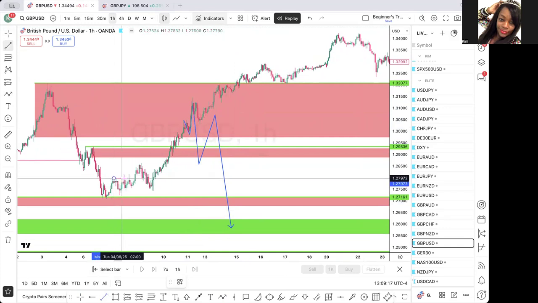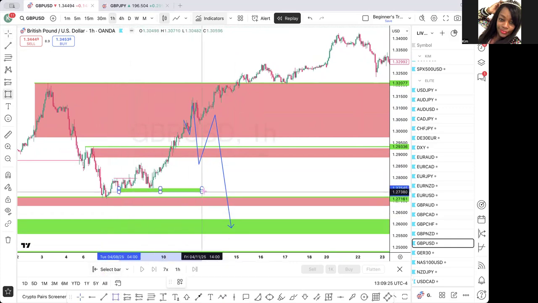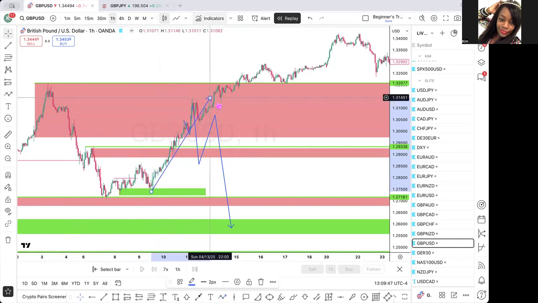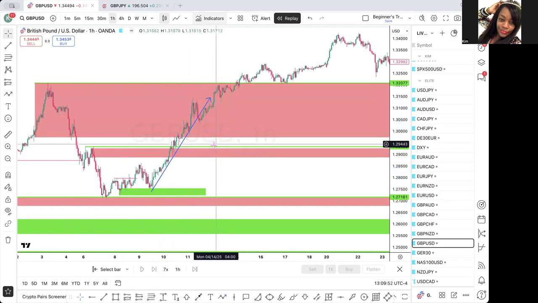Once price gave me a break of structure here, that was my swing low, that was my swing high, and then I marked up my current demand zone. You could have bought up to this zone, and matter of fact, you could have bought up to this 1 hour supply zone. Once price got there, you could have taken your money,